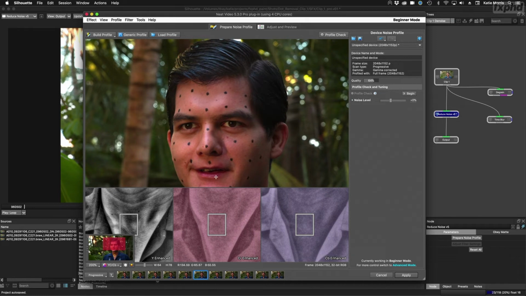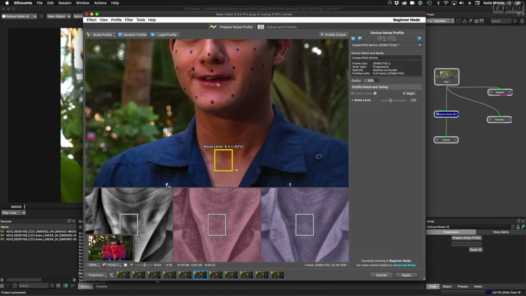Okay, so once I'm happy with my selected area, here I have a good noise level and no errors, I'm going to click the Profile Check button here on the upper right. So the image looks a little blurry, and that's okay, it's only temporary. It's so I can see unwanted noise that might still be remaining. I can see a few things here and there, and I think I'm just going to up the noise level